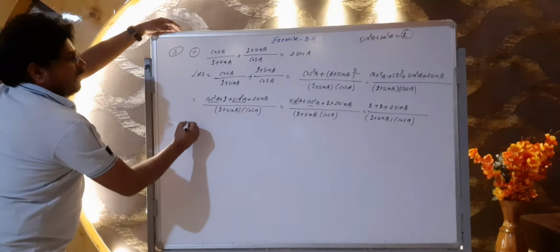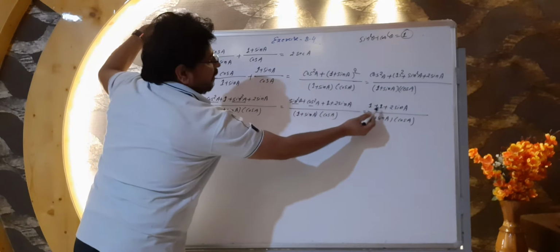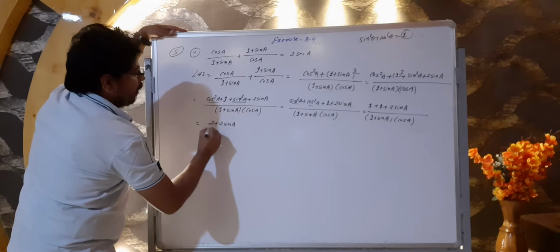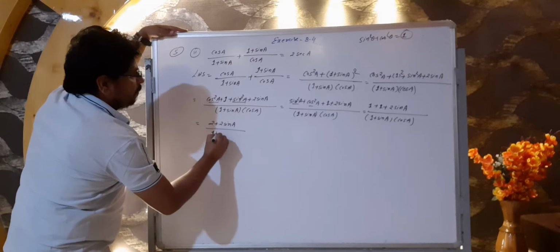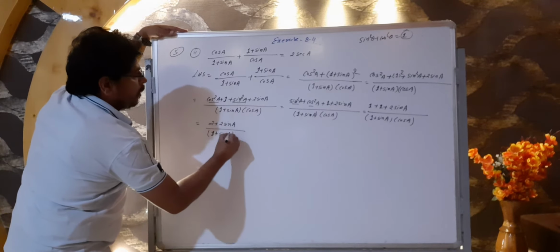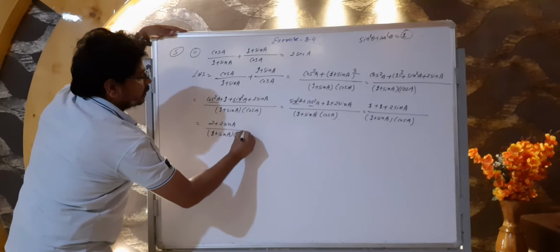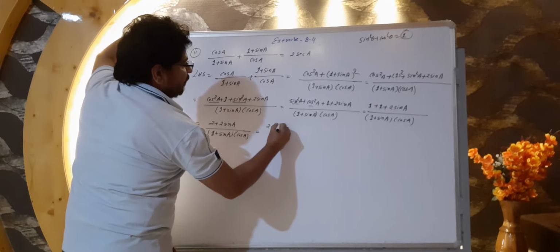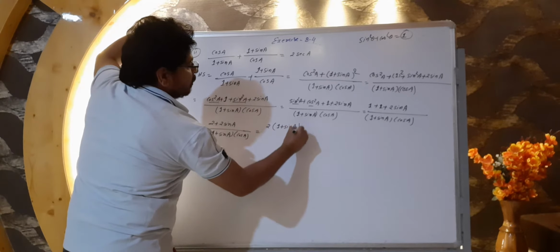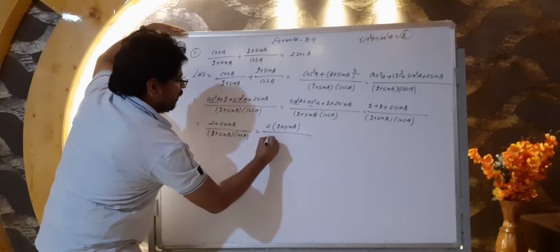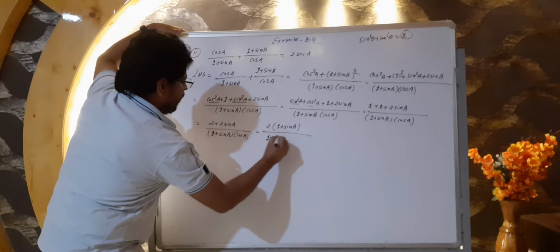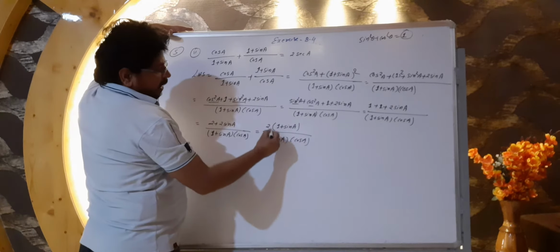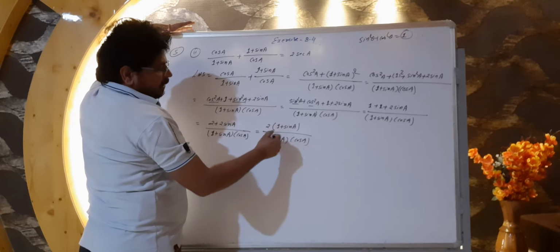Okay guys, see then what would be our new step? 1 and 1, 2. So we can write 2 plus 2 sin A upon 1 plus sin A and cos A. Okay guys, next step, 2 we should take common, then what will remain inside? 1 plus sin A upon, same to same we have to write 1 plus sin A and cos A. See here, all in multiplication, no problem, inside bracket.